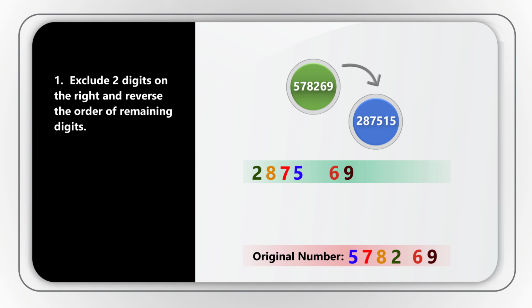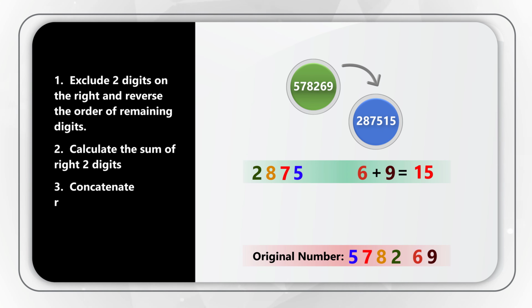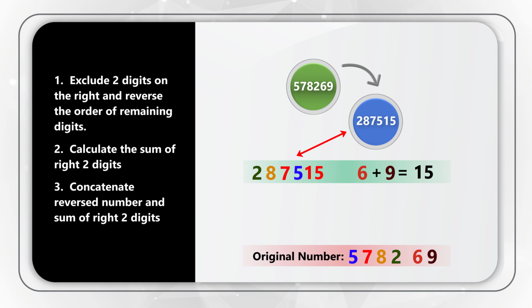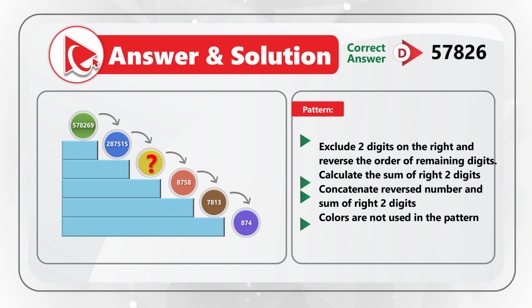numbers 6 and 9. And the calculations are very simple. We basically add 6 plus 9, and end result of it is 15. Then we concatenate 2875 and 15. So the end resulting number is 287515. As ball continues rolling, we repeat the calculations and get to the answer of D,